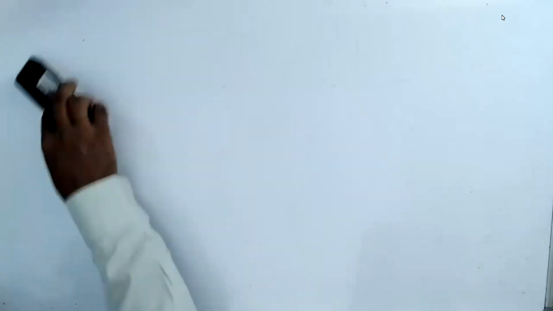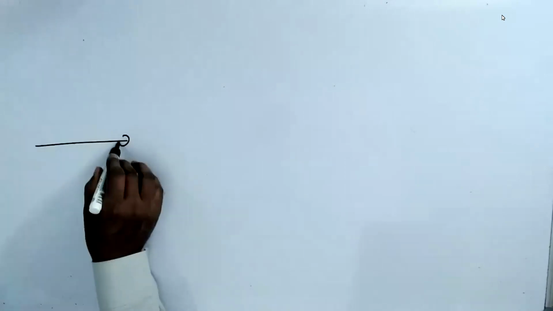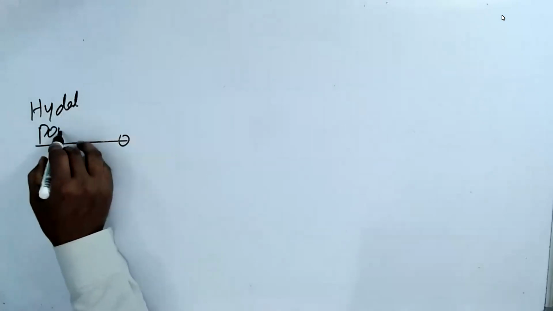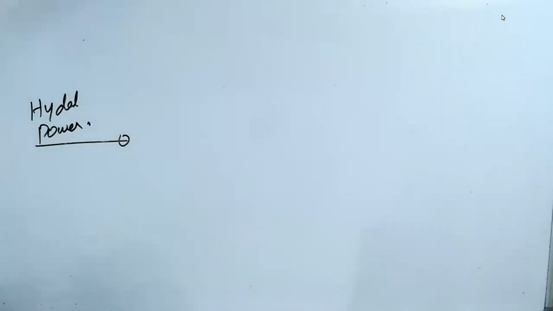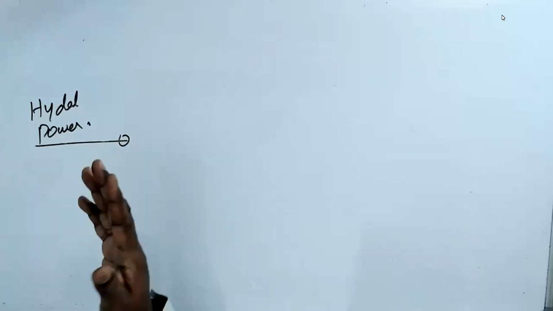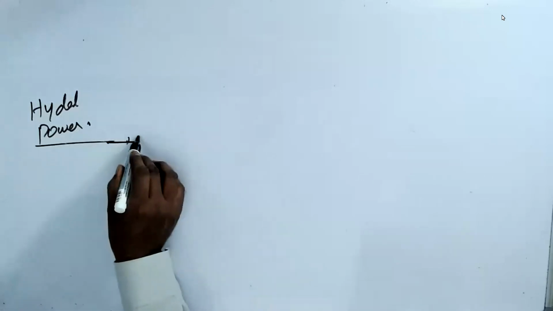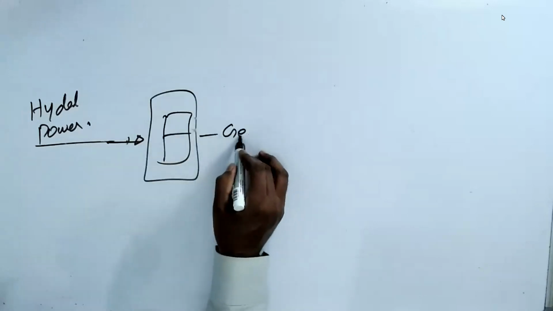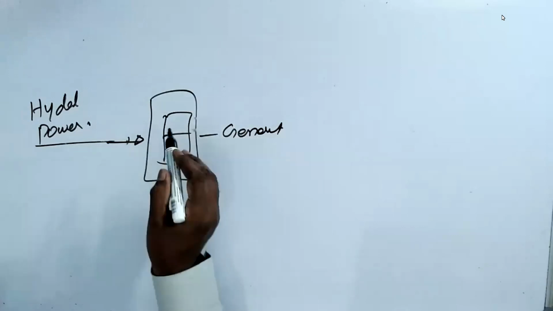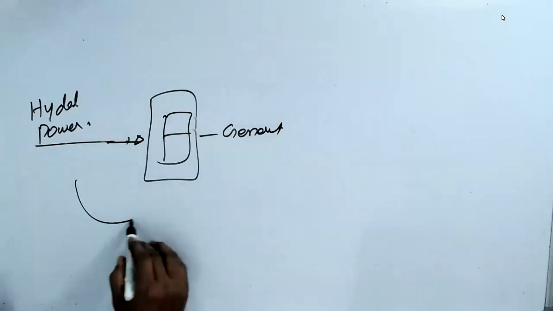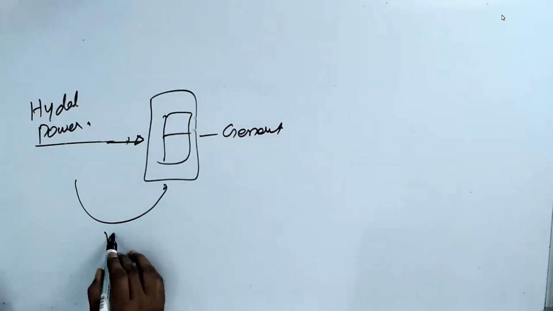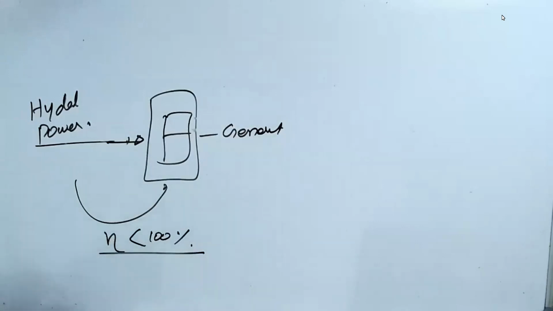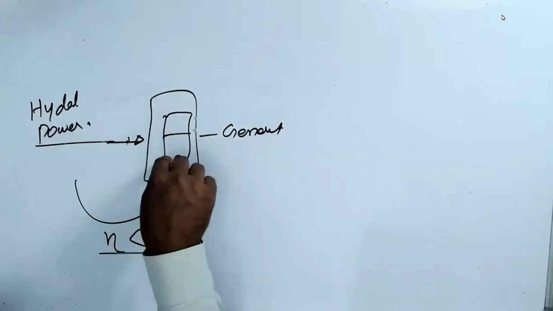What happens is, I produce the energy using hydel power, in Mettur, in Krishna Sagar, wherever it is. Then I produce the potential difference. Actually, I'm not generating, I'm converting one energy to another energy. But there will be some efficiency. You will never get 100%, and you will never get more than 100. Whatever energy I give, I always get less energy.